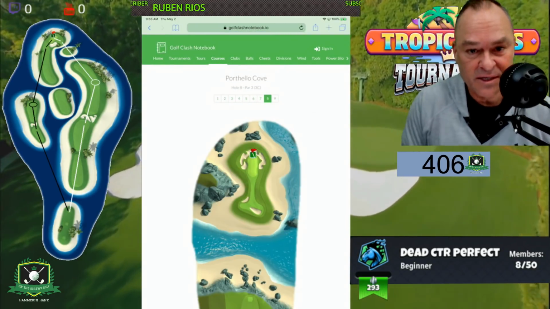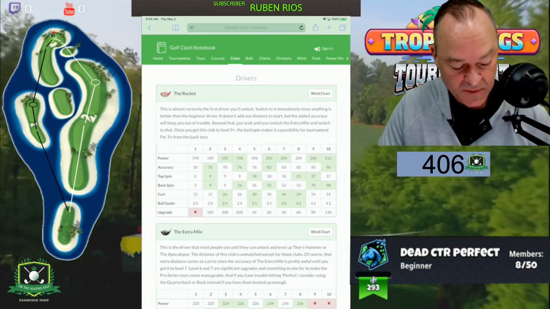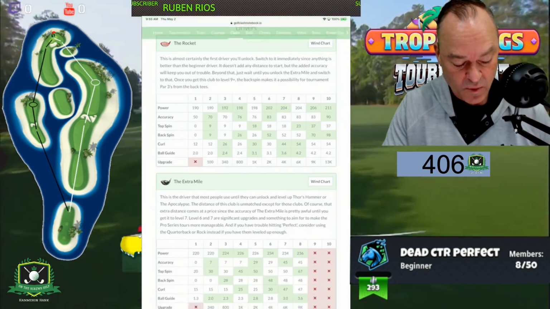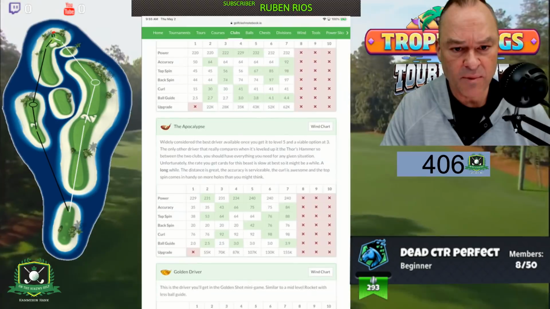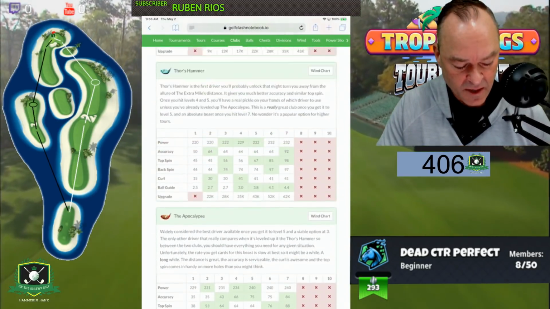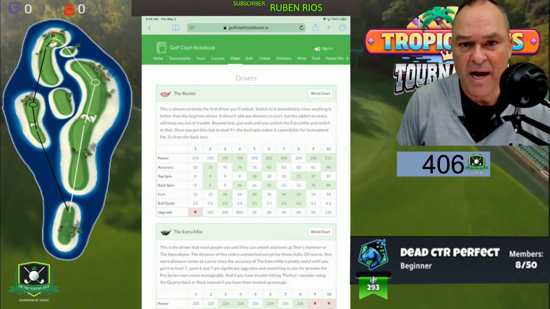So that's that tab. Then if you look at the clubs, and this is what's important right here. So let's just stick with the drivers. So it shows you all the different drivers that are in the game. The Rocket, the Extra Mile, the Big Topper, the Quarterback, the Rock, Thor's Hammer, and the Apocalypse, as well as just the golden driver. So for instance, for now, what you're going to concentrate on is getting the extra mile